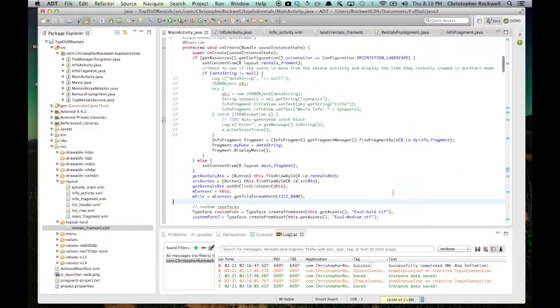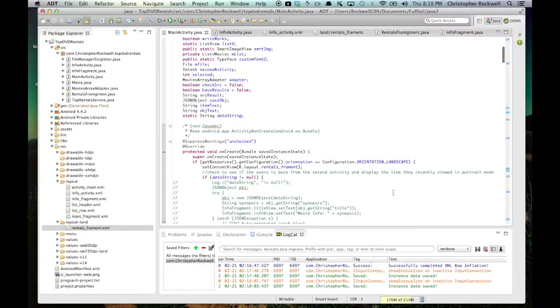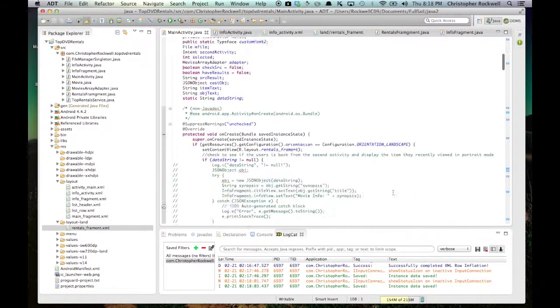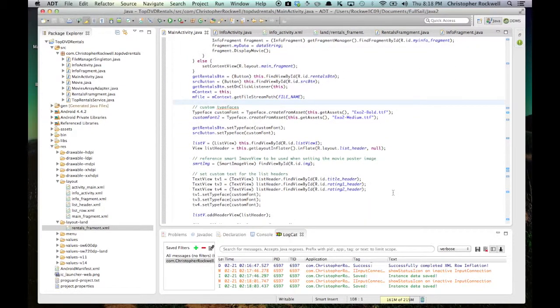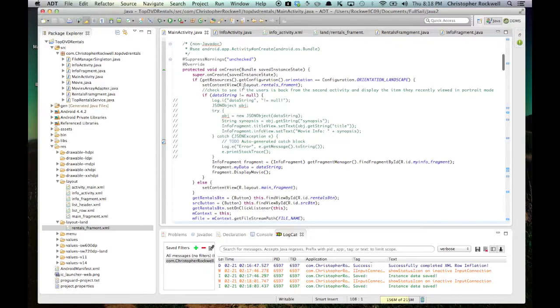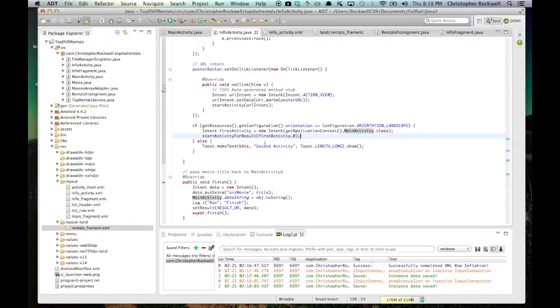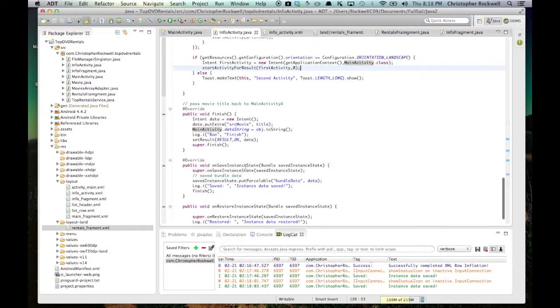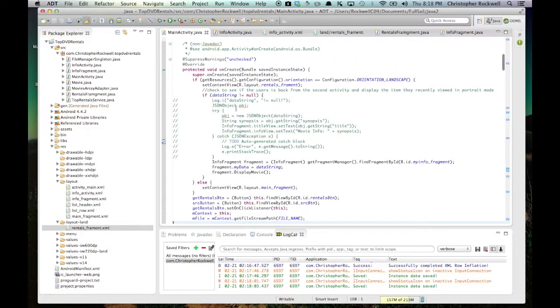Okay, let me go through some code. I want to go through the particular section where I'm retaining my data from when I move to the second activity in portrait mode, and then when I move to landscape. All I'm really doing is, if I have a data string, and I'm setting the data string over in my info activity or my second activity. I'm setting it down here on the save. Actually, I'm saving it in my finish method. I'm just setting the data string to the actual object I just recently viewed. So if it's not null, I mean I have something, then I'm going to go into that fragment and run the display movie